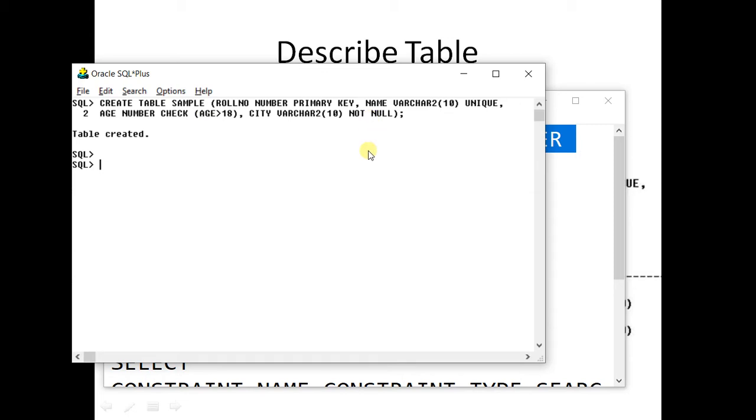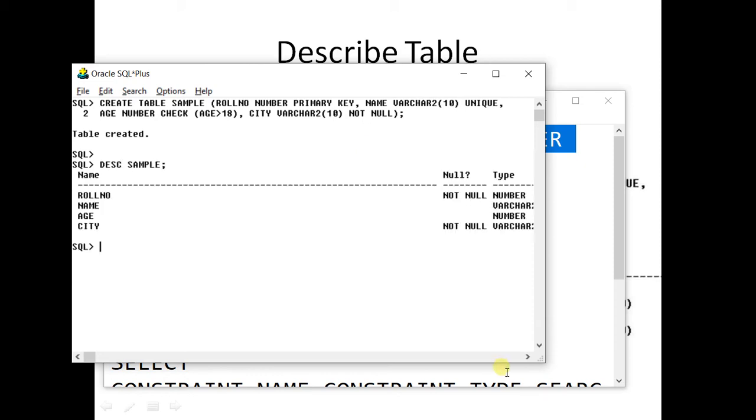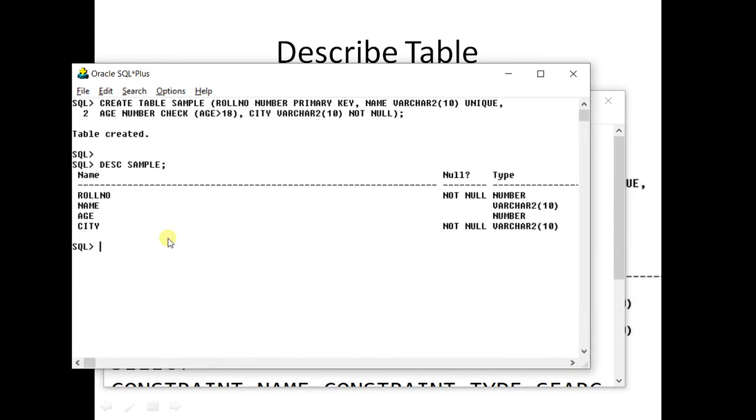Now if you try to see the structure, describe sample, what you will see is that it is showing not null in front of roll number, and we have applied primary key, so you cannot tell that it is primary key or not, because in case of city also it is not null.